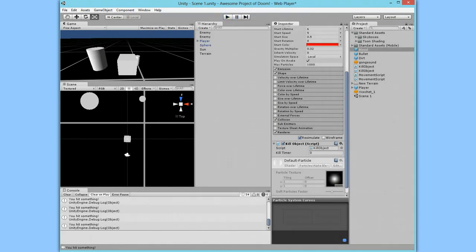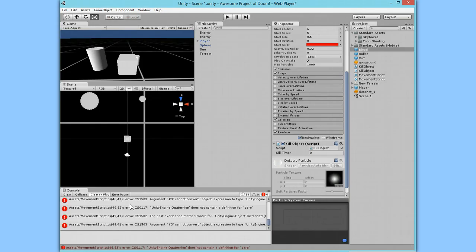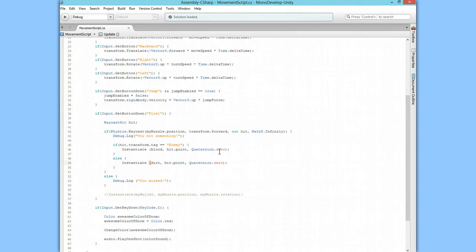So maybe what I want to do is, let's give this a, say, quaternion.0. Don't know if that'll work, but we're going to find out. Oh my gosh. And quaternion.0. Let's save that. Oh, that didn't work. Okay, go back. We're going to say